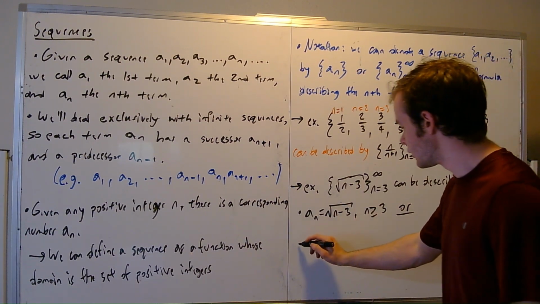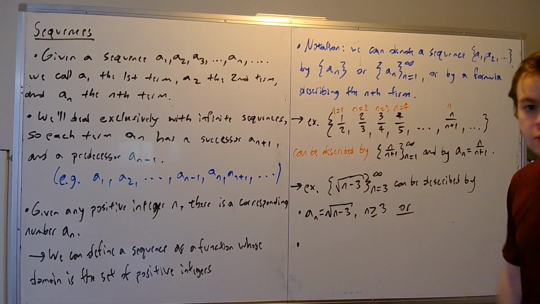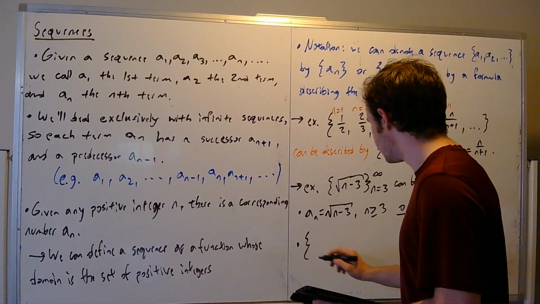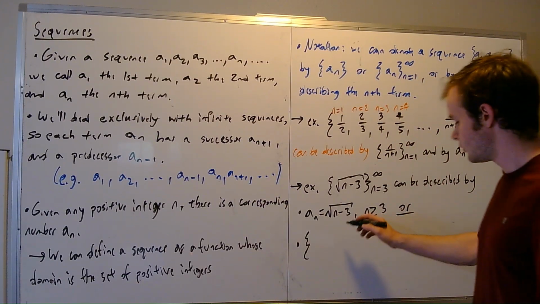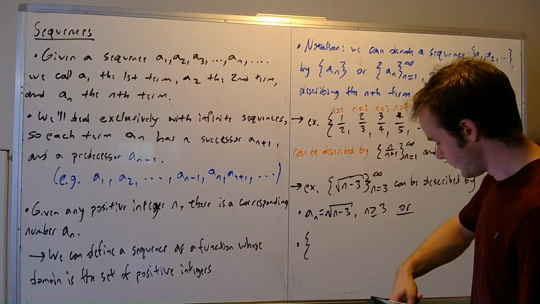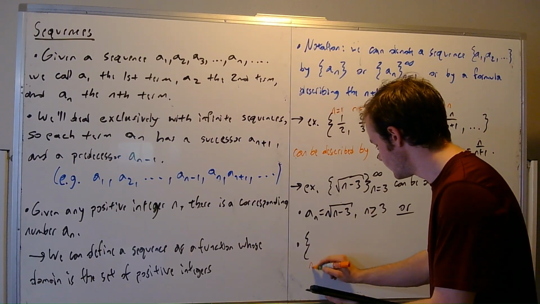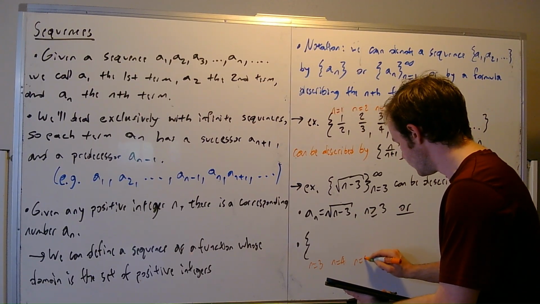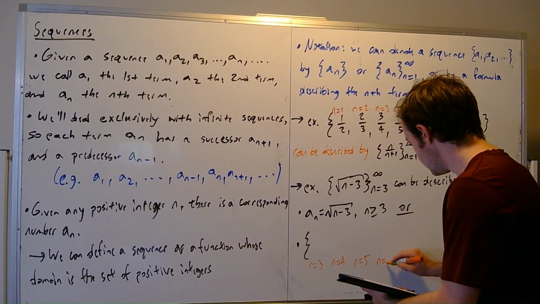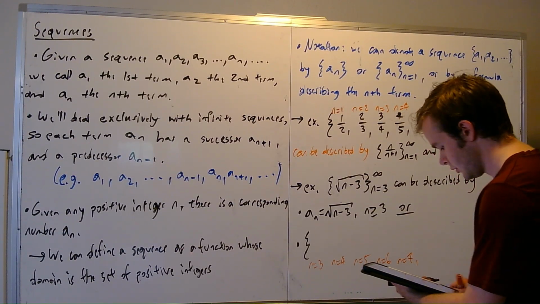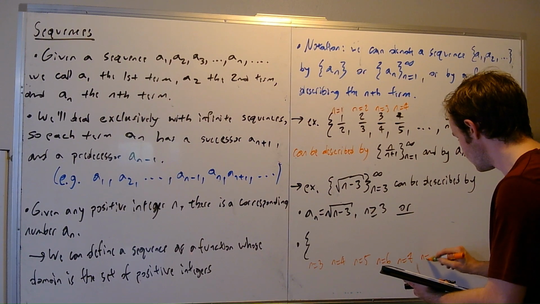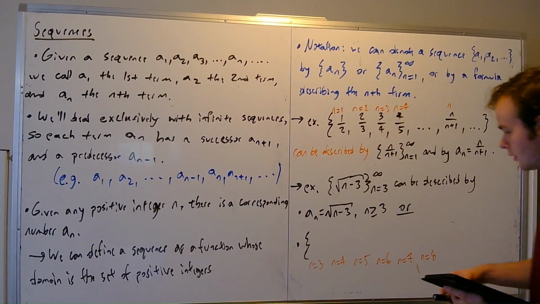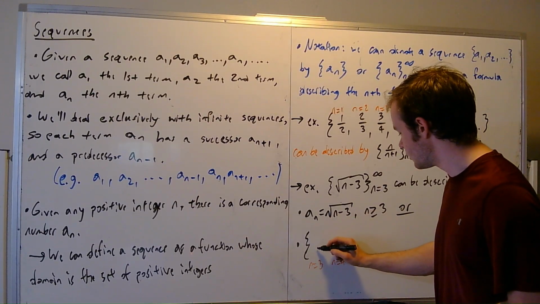The other way of describing our sequence is just what we did here, where we wrote out all the numbers. It says here we start at n equals 3. So we're going to do n equals 3, next n equals 4, n equals 5, n equals 6, n equals 7, and n equals 8. So I'm just going to write out all of these terms here. If n is equal to 3, then you're going to get the square root of 0,